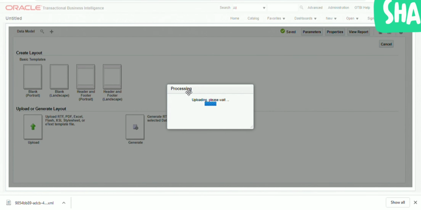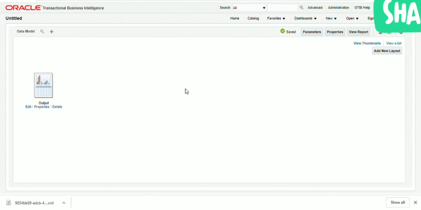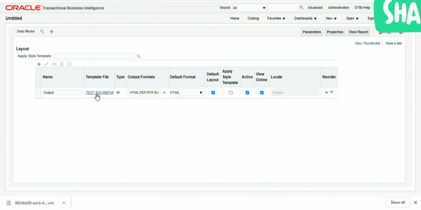Upload. And now here we go. We have uploaded it successfully. We can choose the output formats whichever we want. We can have multiple output formats at the same time, and in that there would be a default format. So for example, you have chosen PDF, Excel and PowerPoint. Initially it would be PDF, and later you can choose Excel or PowerPoint as per the requirement.